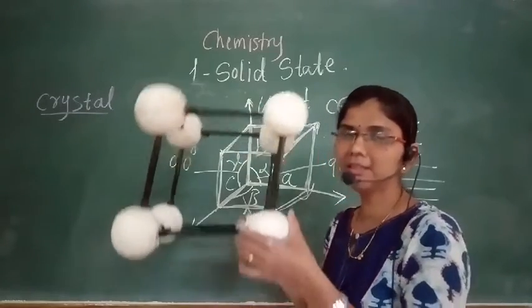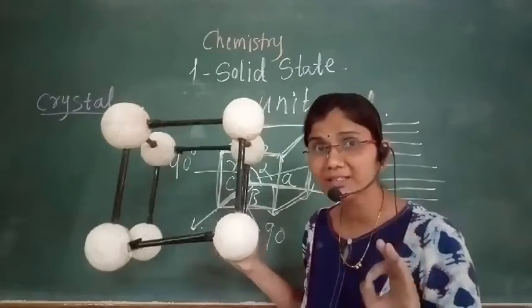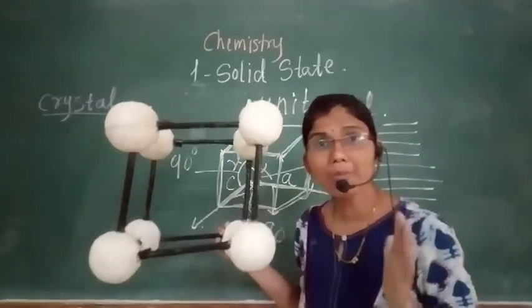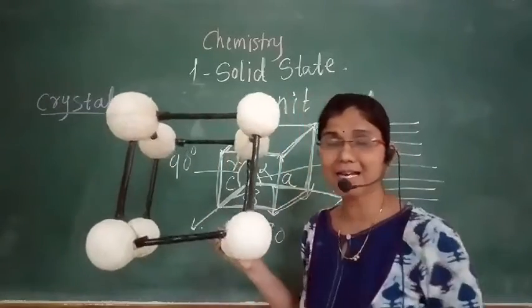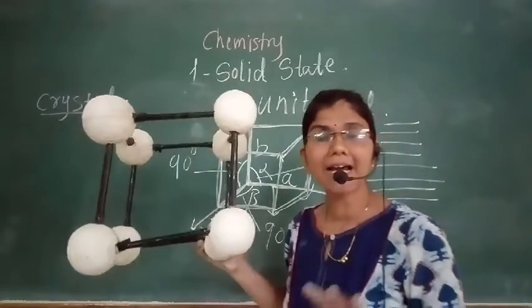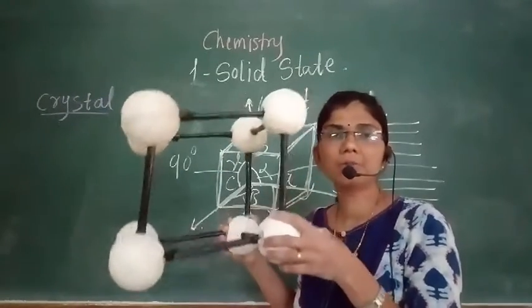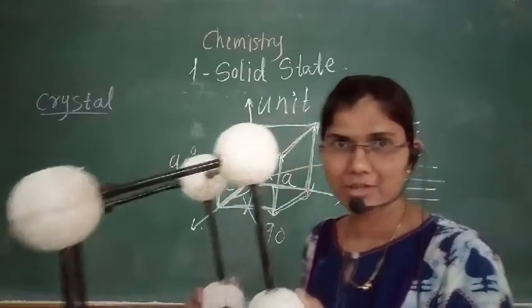This is the one cubic unit cell. How many corners are they having? They are having 8 corners. How many faces? They are having 6 faces. And how many edges? They are having 12 edges. So this is the one cubic unit cell. Do you all understand? So